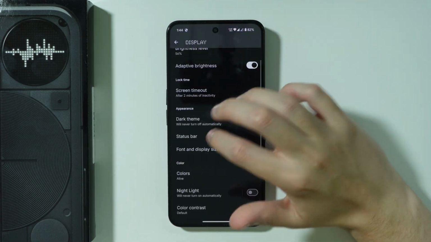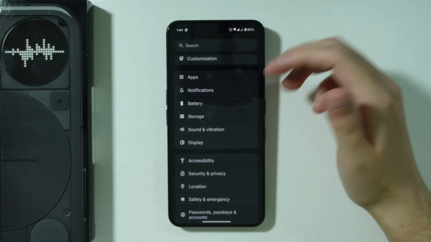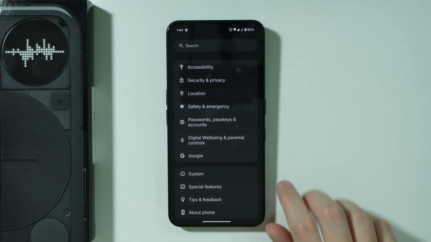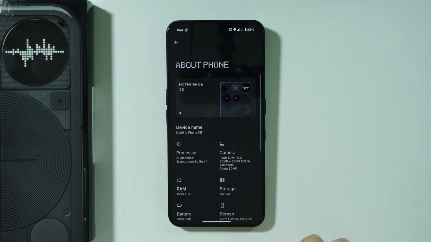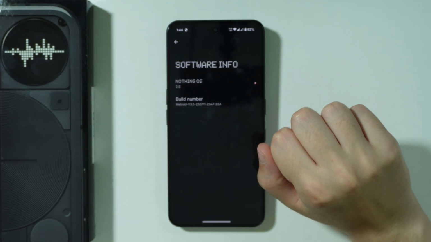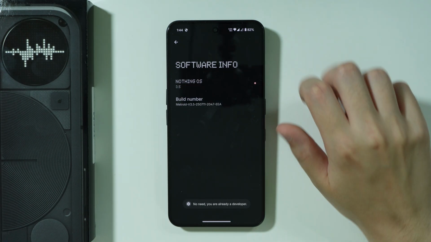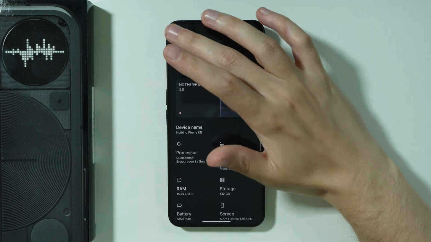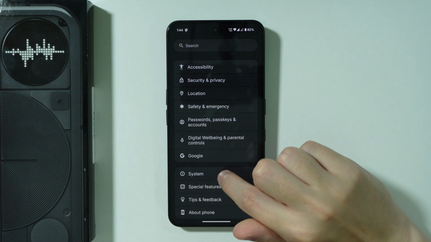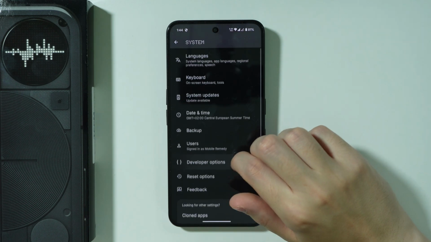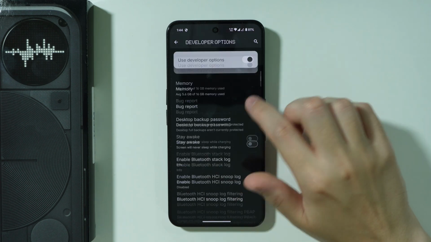Another way to change DPI is by going to developer options. In order to activate developer options, we need to go to About Phone, go to Nothing OS at the top, and then keep tapping on build number until you see information that you are a developer. We're going to go back now, and in settings we're going to go to system this time, open developer options, and we